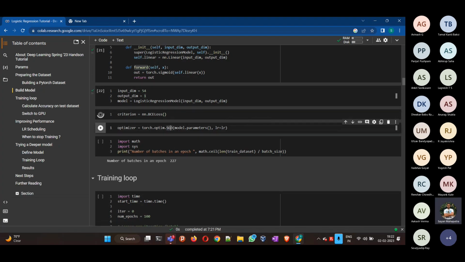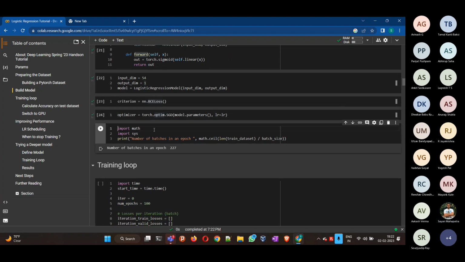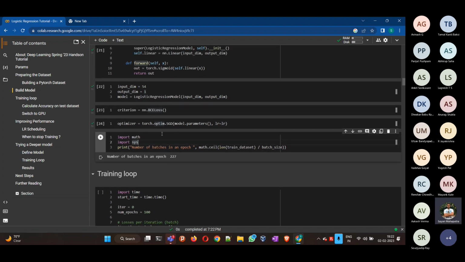So also we will be using a standard optimizer. The optimizer is going to take the criterion I just described. The optimizer is going to take care of calculating gradients and then updating my parameters. And we'll also see the number of batches in an epoch. So let's clear some terminologies. So one epoch is